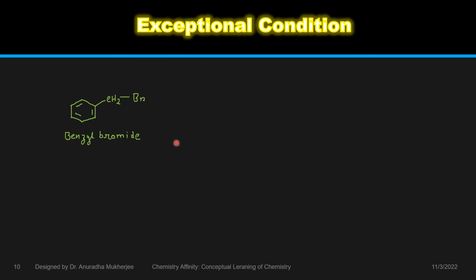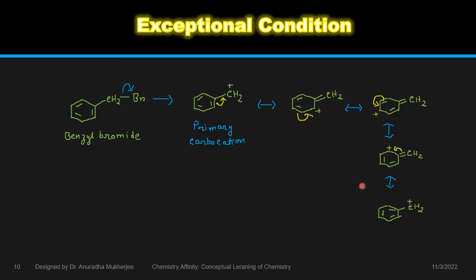Here we have taken one compound that is called benzyl bromide. So phenyl CH2Br. This position is called the benzyl position. Now this is a leaving group. If the leaving group leaves, we are getting a benzyl carbocation, and here you can see this benzyl carbocation is a primary carbocation. So we can assume that the reaction will proceed via SN2 reaction. But actually it's not happening,